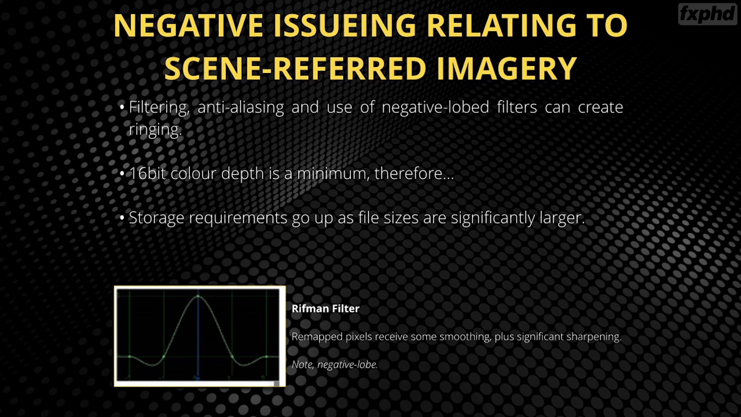If you are using scene referred information, filtering, anti-aliasing, and the use of negative lobes, which you can see in the diagram at the bottom, can often cause ringing, so you need to be careful with that. Also, you have to use 16-bit color depth as a minimum to capture the information, and the storage requirements for using that 16-bit color depth really go up to quite a significantly large file type. So you need to be careful of ringing information for filtering using negative lobe filters such as this Riffman filter,